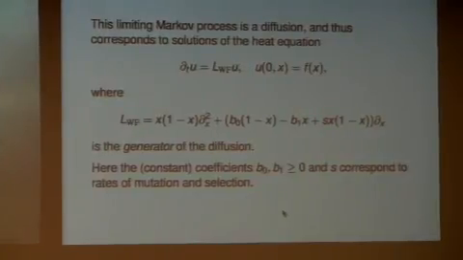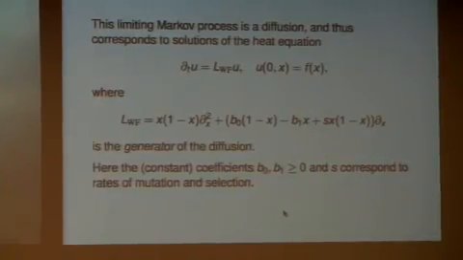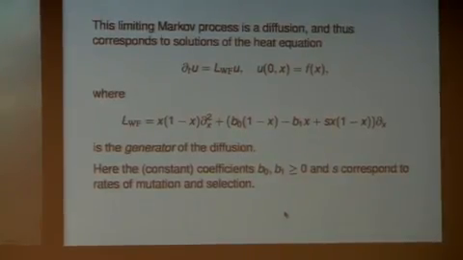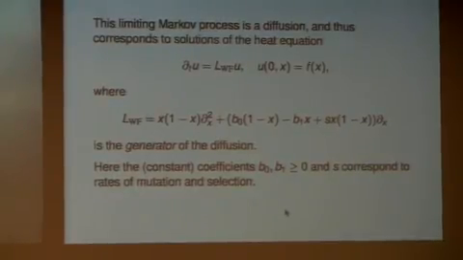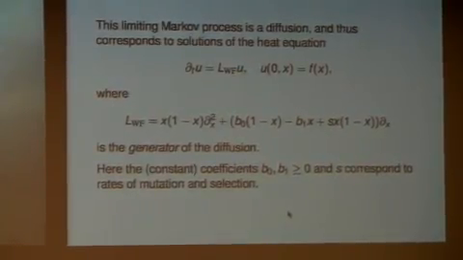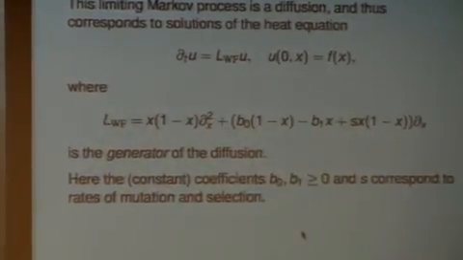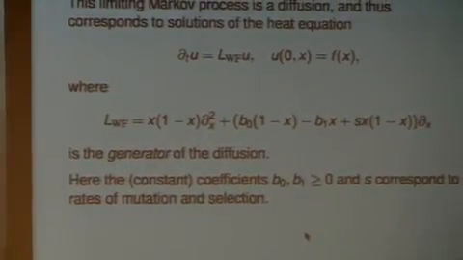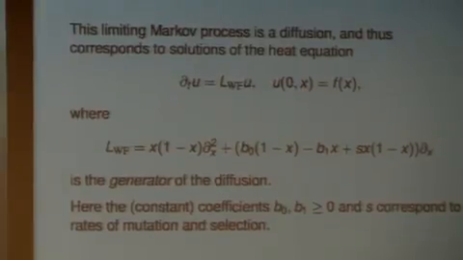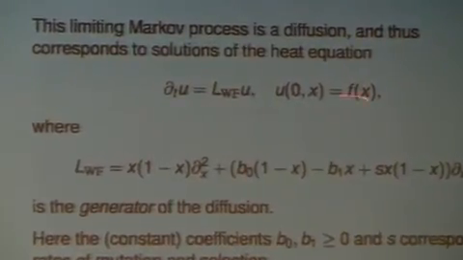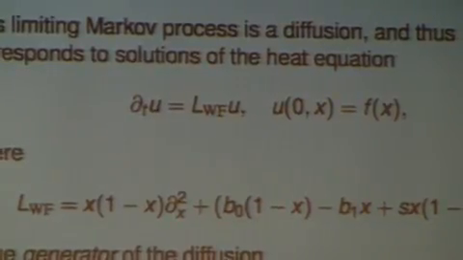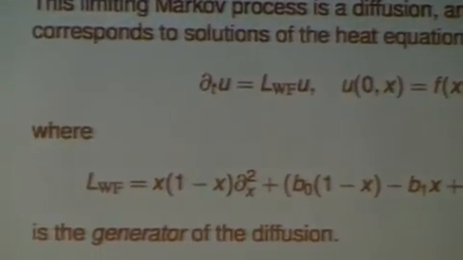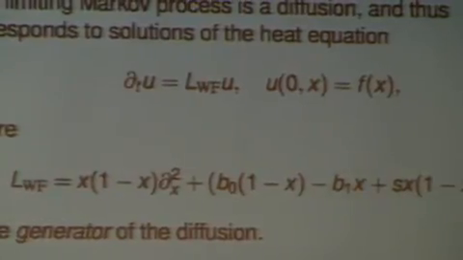Here is the actual equation that you get by taking an infinite population size. So you're scaling, and I'm not going to talk about the details of this scaling process, just present this to you as an equation that comes from the limit of the Markov process. If you take the population size to infinity, what one has here is a heat equation. So one has a parabolic equation. We're interested in this type of diffusion process, and this operator can do that.